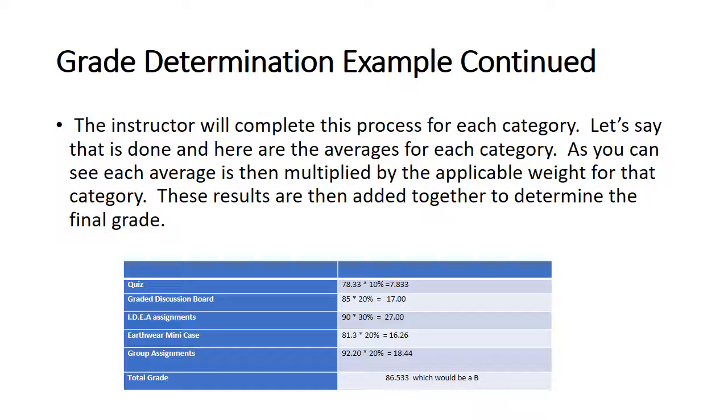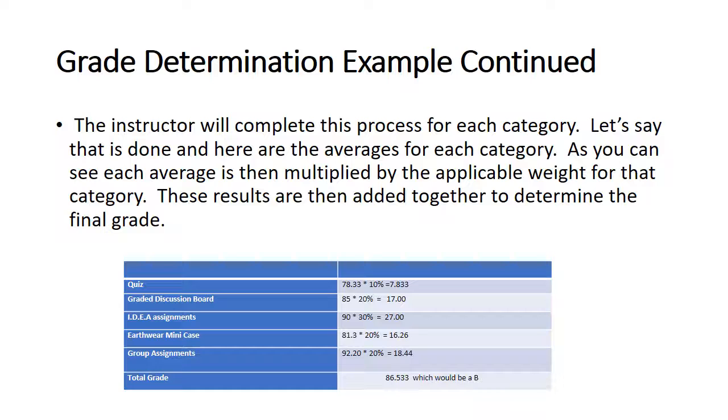Now, I did do that for each of the major categories, and this is what ends up happening. The quizzes come out to be 78.33. They're worth 10% of your grade. So I multiply that by 10%, I get 7.833. Your graded discussion boards, that average comes out to 85%. I multiply that by 20%, I get 17. The I.D.E.A assignments, I add up all the assignments grades you've done, divided by the number of I.D.E.A assignments,